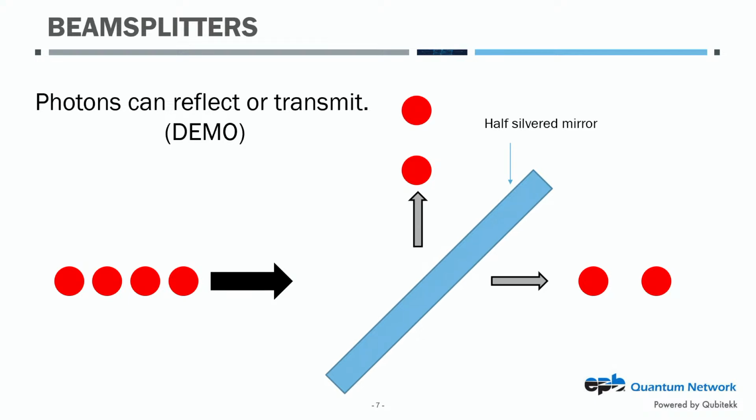A beam splitter is kind of like a half-silvered mirror. It's a mirror that if photons encounter it, some of them are going to transmit and some of them are going to reflect. In fact, if it's a 50-50 beam splitter, exactly half of these photons will transmit and half of them will reflect. So if I had 100 photons coming into this beam splitter in a second, how many would transmit? Any guesses there? All right, and how many would reflect? 50? All right, so that's the basic idea behind these beam splitters.